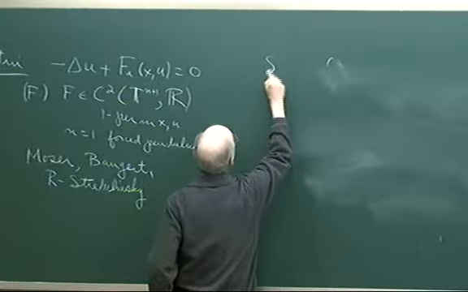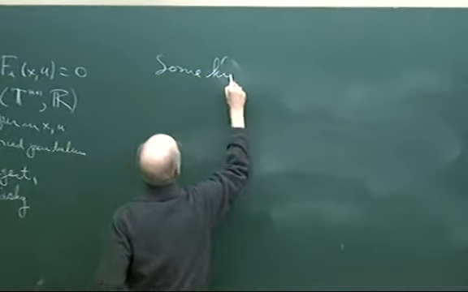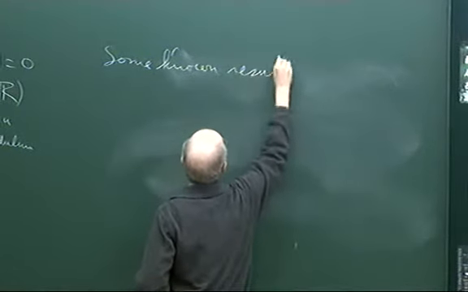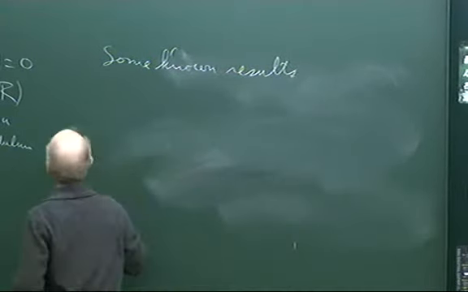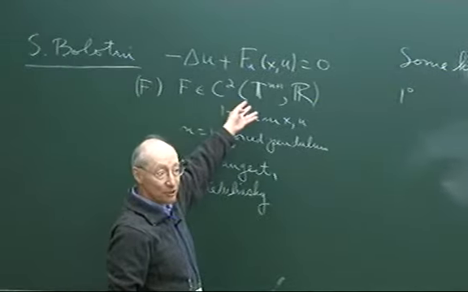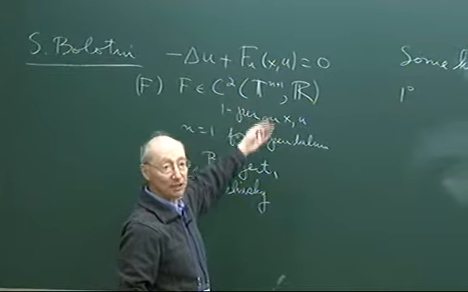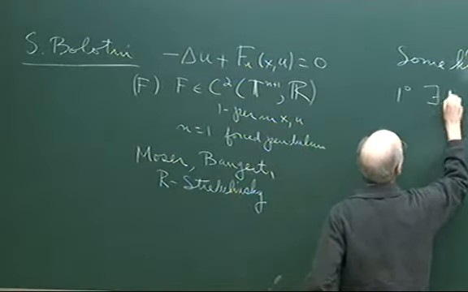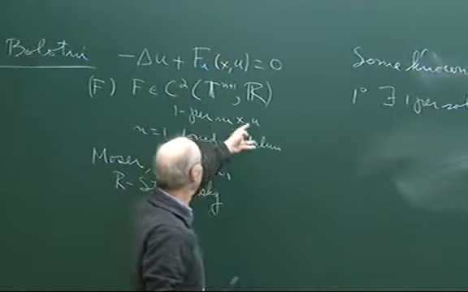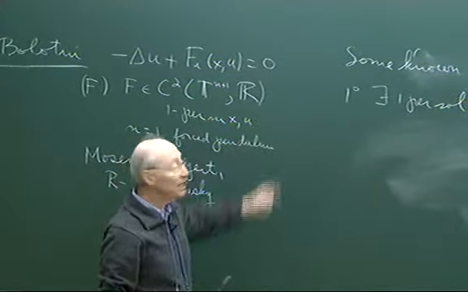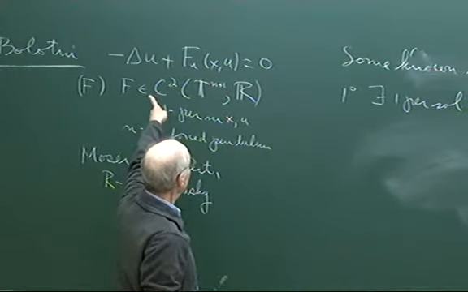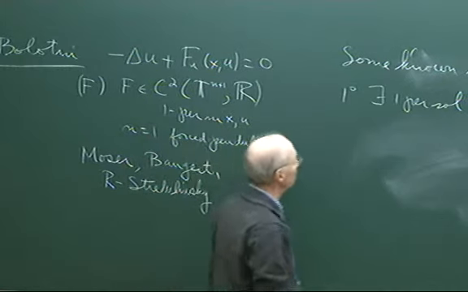So some facts. First of all, there exist periodic solutions to this equation, say one periodic solution, periodic in x1 through xn. And that's easy to obtain, namely, just look at, again, the Lagrangian associated with this,